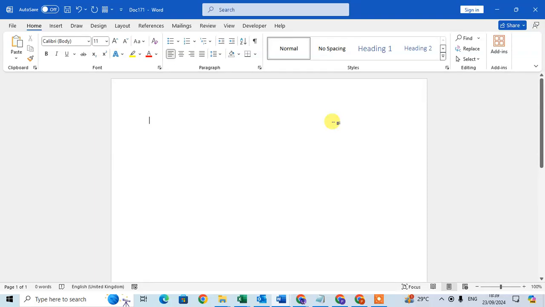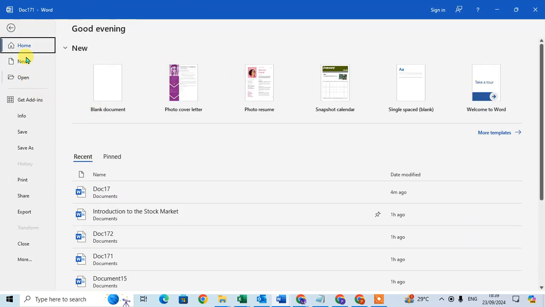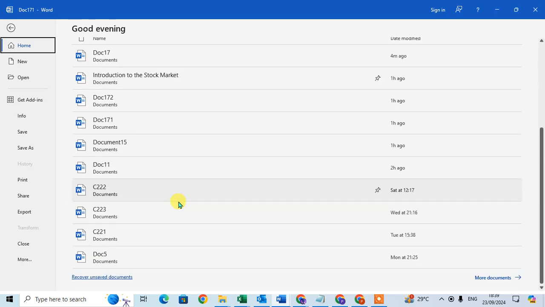In this video, we will learn how to open a folder in a Microsoft Word document. So this is my Word document and here I'm going to open a folder. Just click on the File tab, and in the Home tab, in the Recent section, just drag below